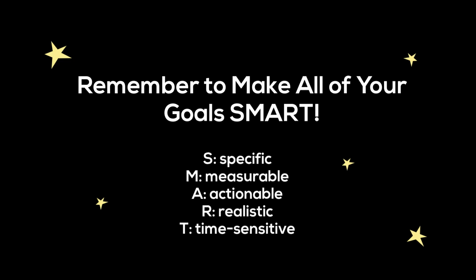So, the goal, raise a lot of money, isn't a SMART goal because what you think is a lot might not be a lot to someone else. However, raise $10,000 during the first appeal moment is a SMART goal. It is specific and measurable. Did you or did you not raise $10,000 in the first appeal moment? It is actionable. You can take steps to ensure that you do this. It may or may not be realistic depending on your fundraising story, but it is time sensitive. You'll know if you accomplished it at the end of the first appeal moment.